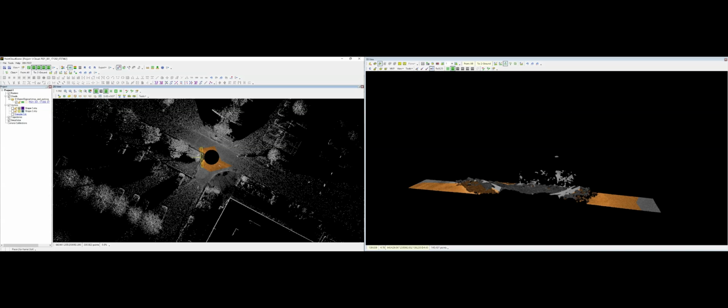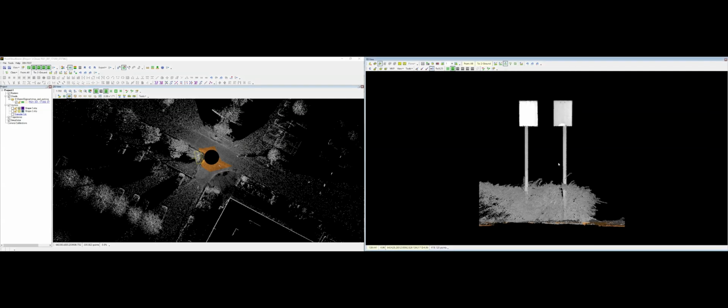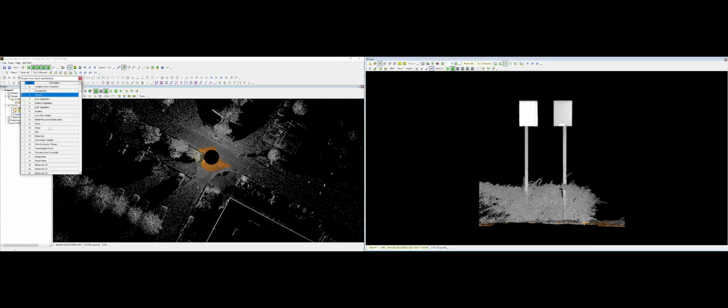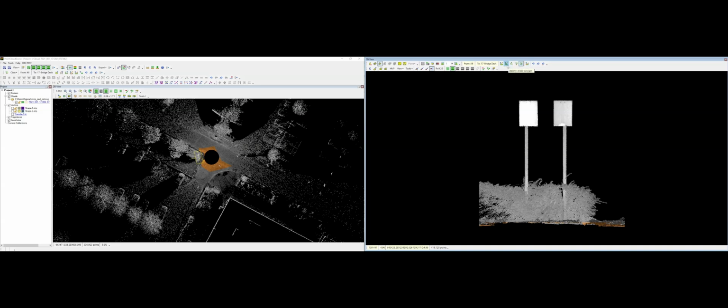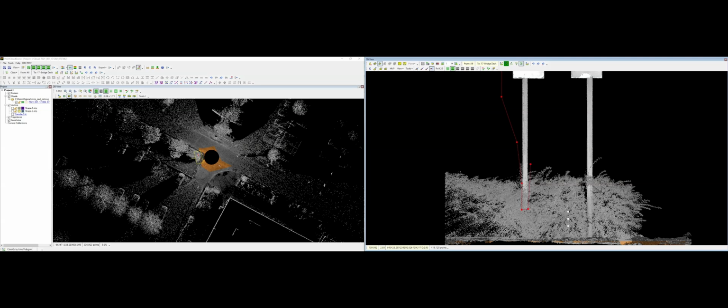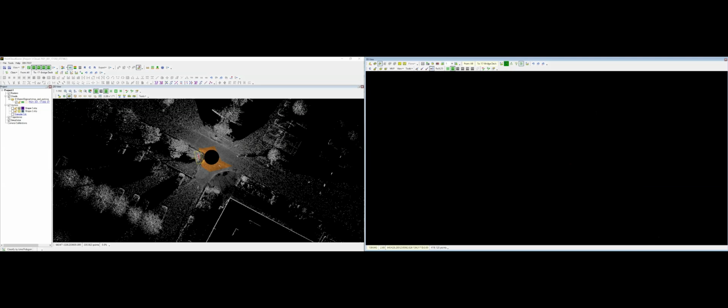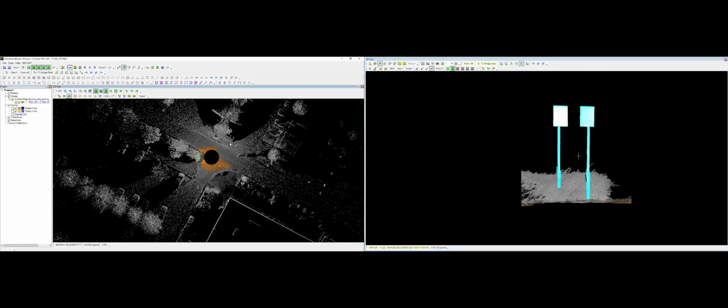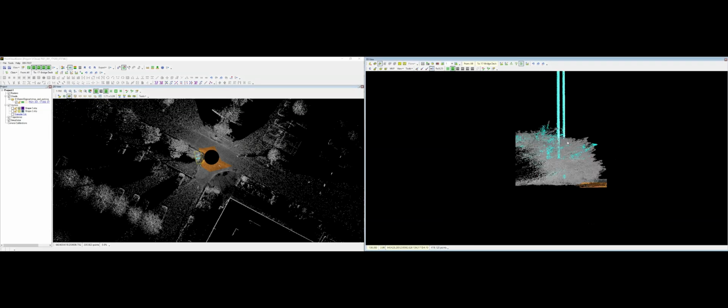For example, you can say, okay, I would like to reclassify traffic signs. Okay, I just load this to 3D and I say, okay, from all class to whatever class 17, and use the polygon tool and say, okay, I would like to reclassify this sign. Of course, I know that I will make some mistakes here, but this will highlight a very important thing. Always cross-check the classification, and for this the clip frame tool is very handy, because then you can check from the other perspective